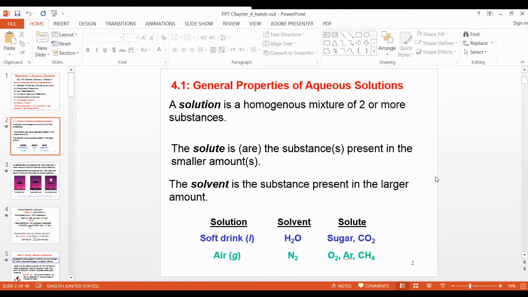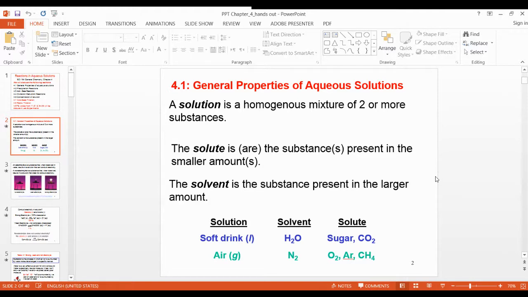Ionic compounds are soluble. What are ionic compounds? You should know that first. Ionic compounds are formed between metal and non-metal. Could you give me any example of ionic compound? NaCl. Any metal and non-metal. Calcium chloride, calcium sulfate, sodium sulfate, calcium phosphide, calcium fluoride, any one metal, one non-metal, right? These all are ionic compounds and they all are soluble, right?